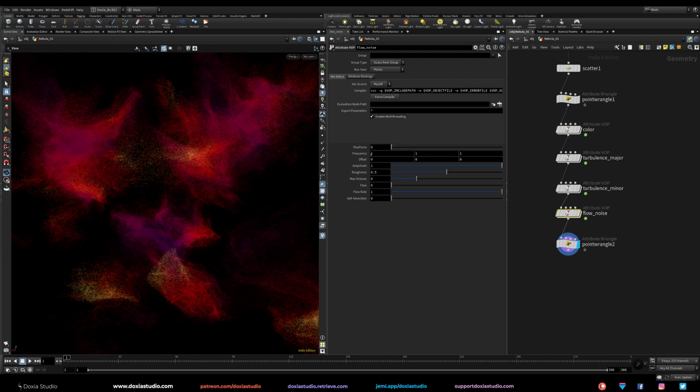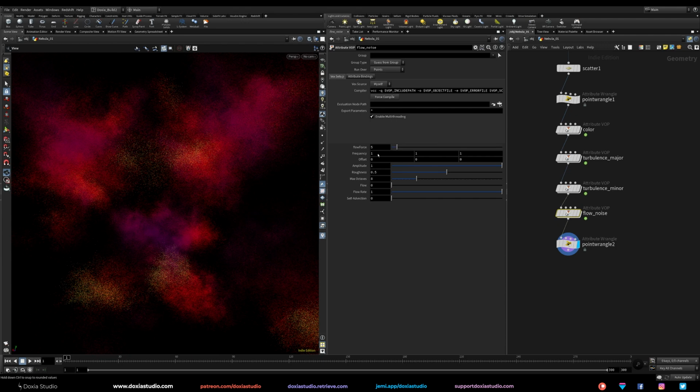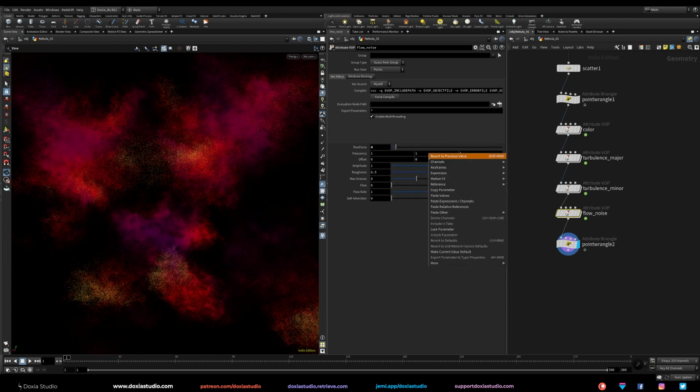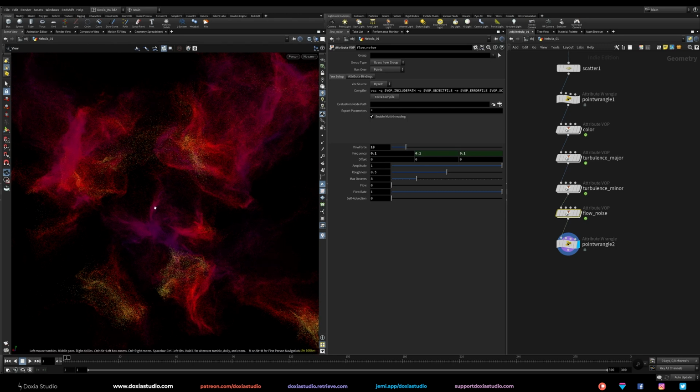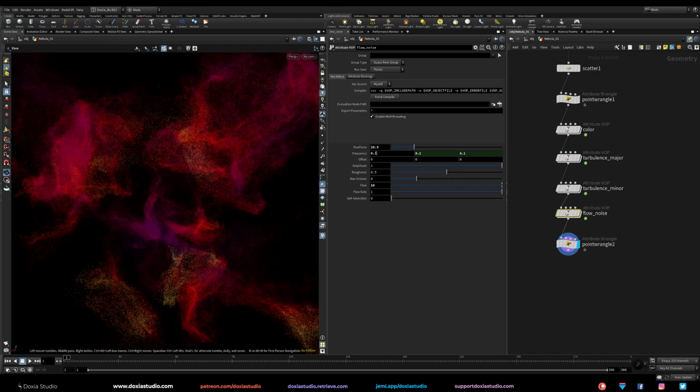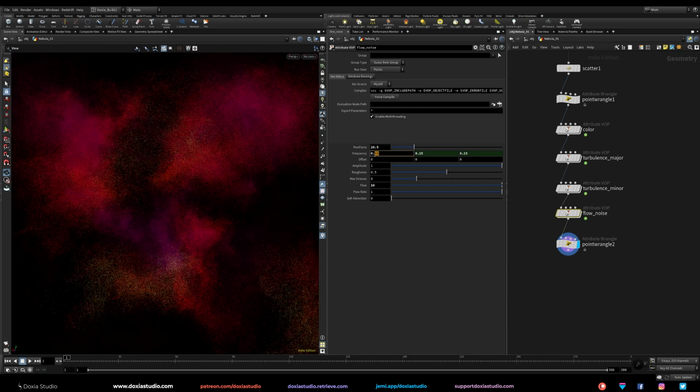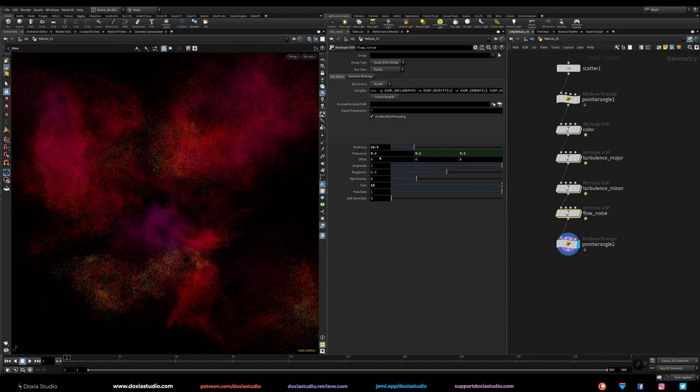So right now, let me try and show you. As you can see, let me just go copy parameter so I can just change this one. So as you can see, if I start increasing this, you will start to see those veins. As you can see here, you can already see those veins because this is a flow. Increase the flow. You can see a lot of those veins. Right now it's much. As you can see, this is really tricky to do.